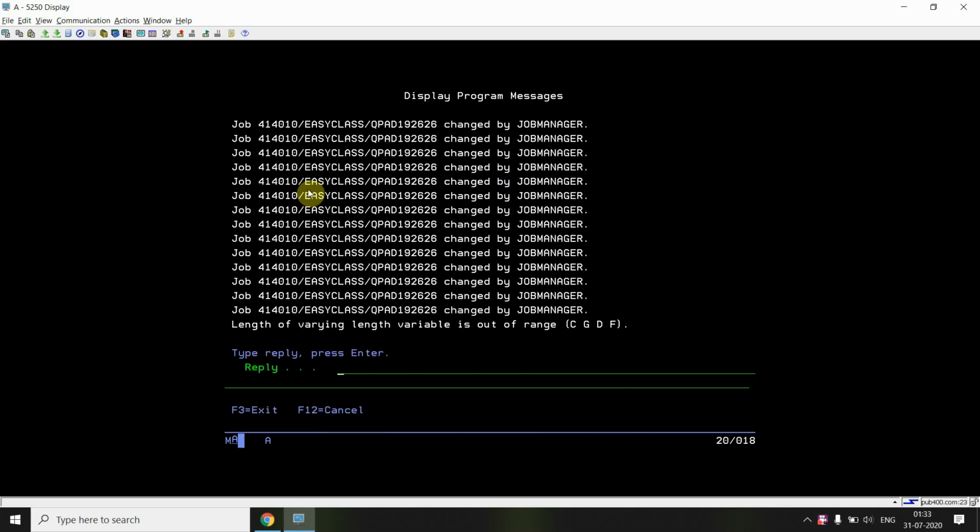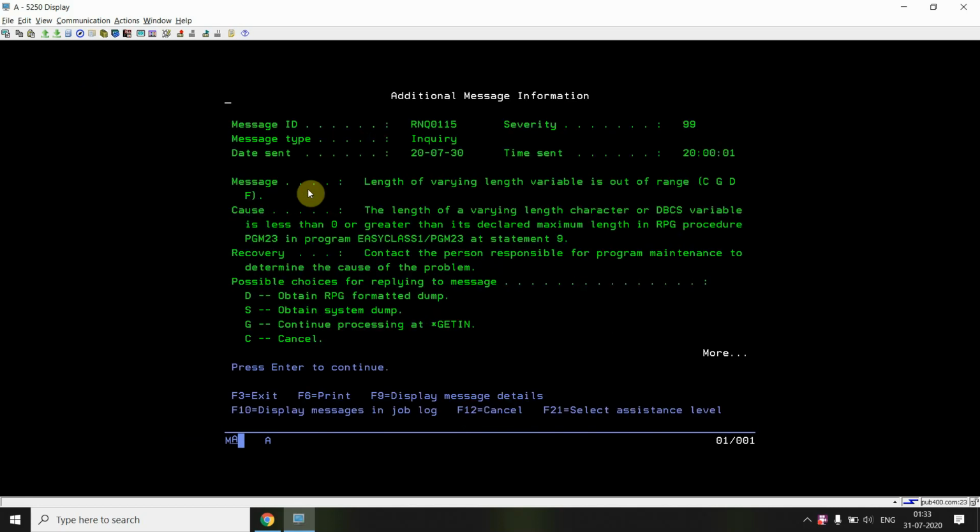I'm getting an error: length of varying length variable is out of range. If I press F1 here, I see a more detailed message: the length of a varying length character or DBCS variable is less than 0 or greater than its declared maximum in the RPG procedure, meaning greater than 10 or less than 0.